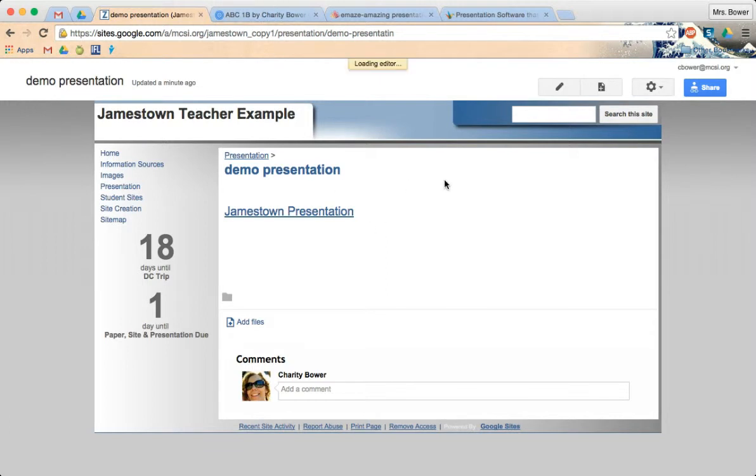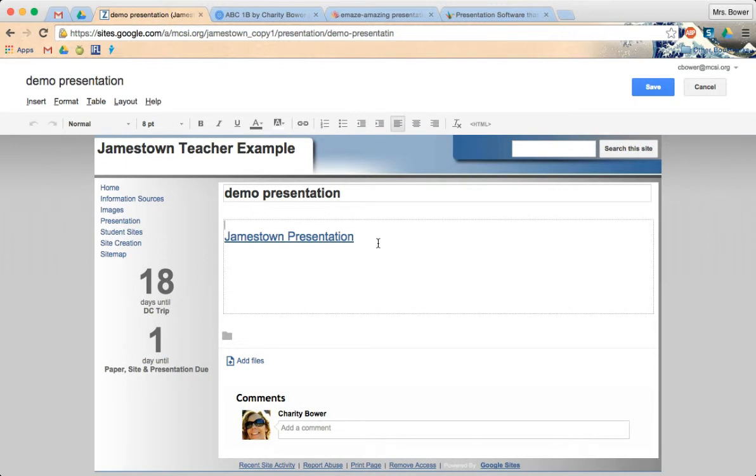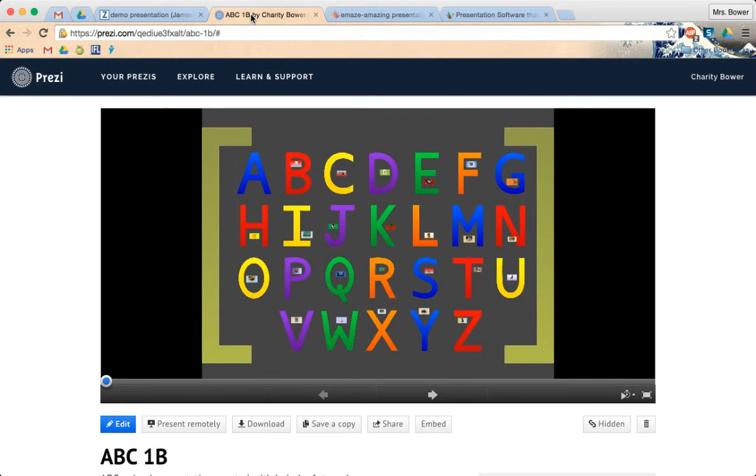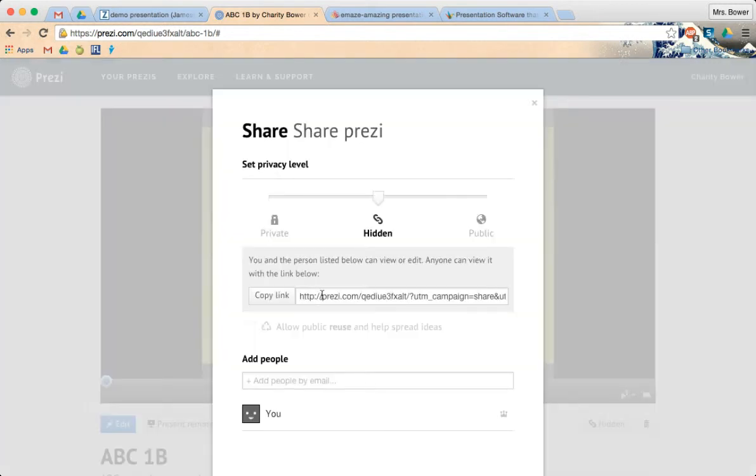Okay. So going back, same kind of thing for Prezi. I would click on Edit. I'm going to delete this one that I put in just to make life simpler. And I'm going to add the Prezi link. So the first thing I do is I go to my Prezi. I click on Share. The embed code for Prezi doesn't seem to work in Google Sites, so I click Share. I have to make sure that it's hidden, not public, not private. I copy my link,